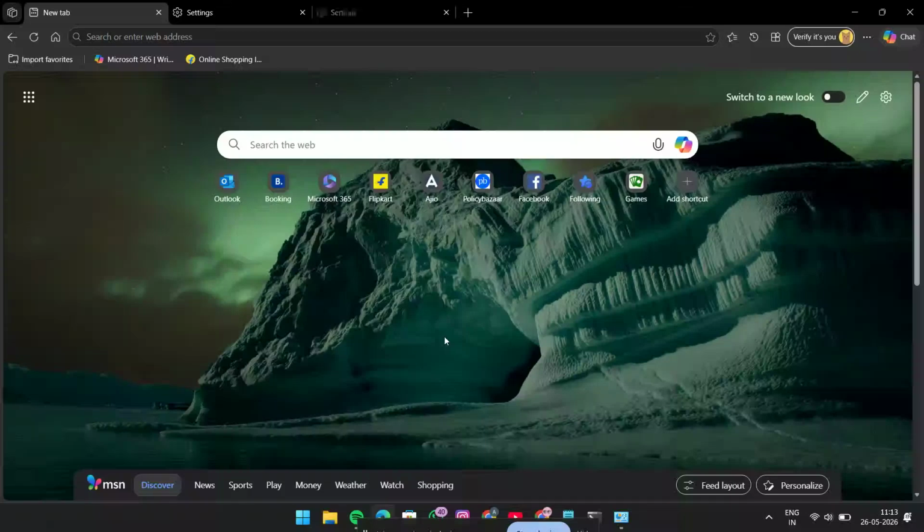If Microsoft Edge is giving you a login error, don't worry. In this video, I'll show you a few quick fixes that can solve the problem in just a couple of minutes. This is a simple step-by-step guide you can follow even if you're not very technical. We'll clear the browser data, check Edge settings in Control Panel, and then try a private window to see if